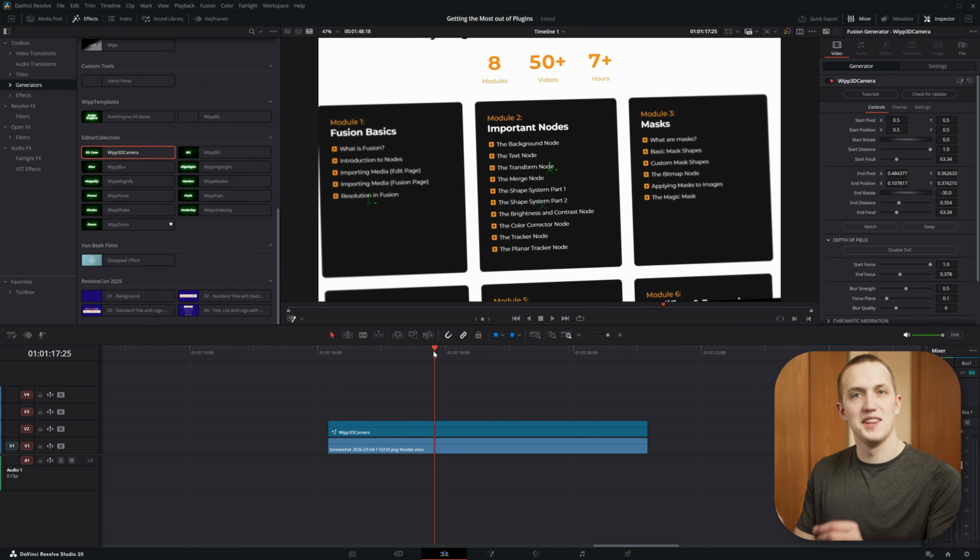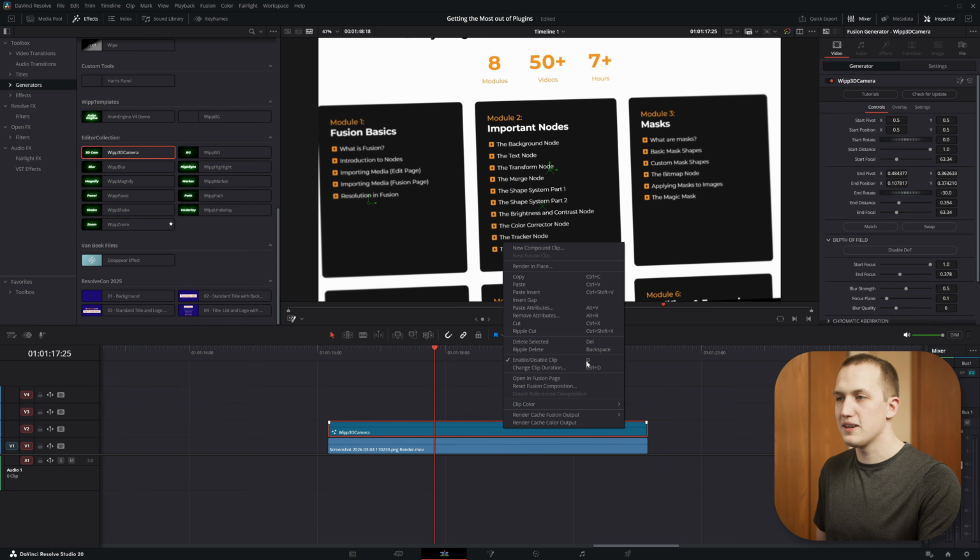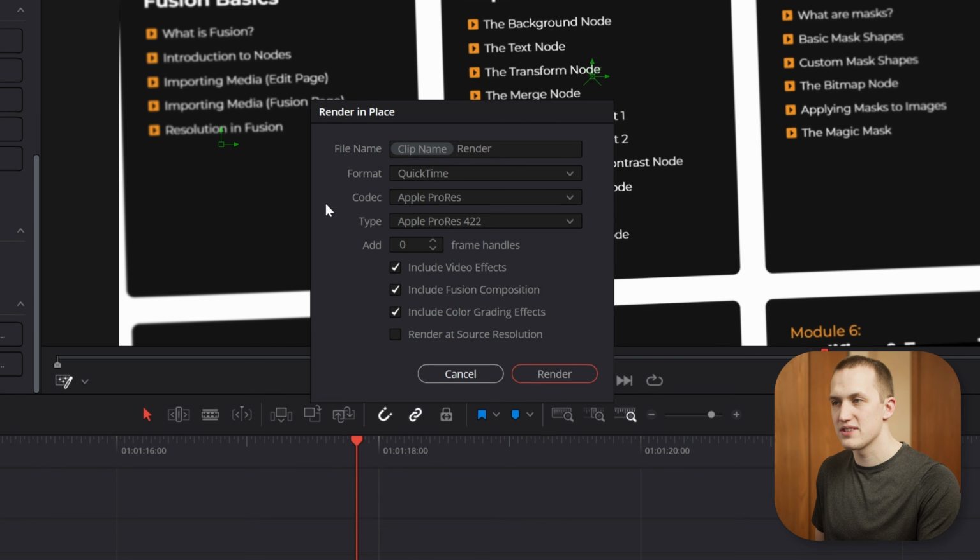Now turning that off, if that render is taking way too long or you just have something that you don't want to accidentally mess up the cache, you can right click on it, come up to render in place, and then just render this out as a ProRes file, so that way it plays back like any